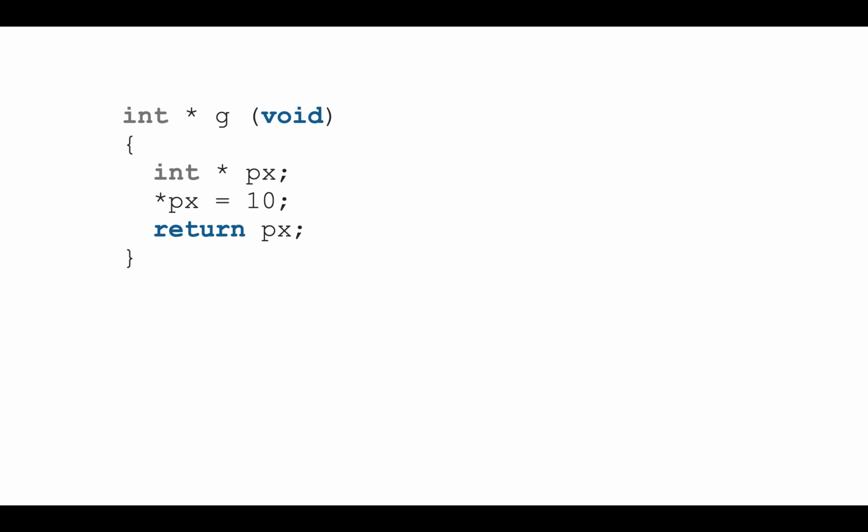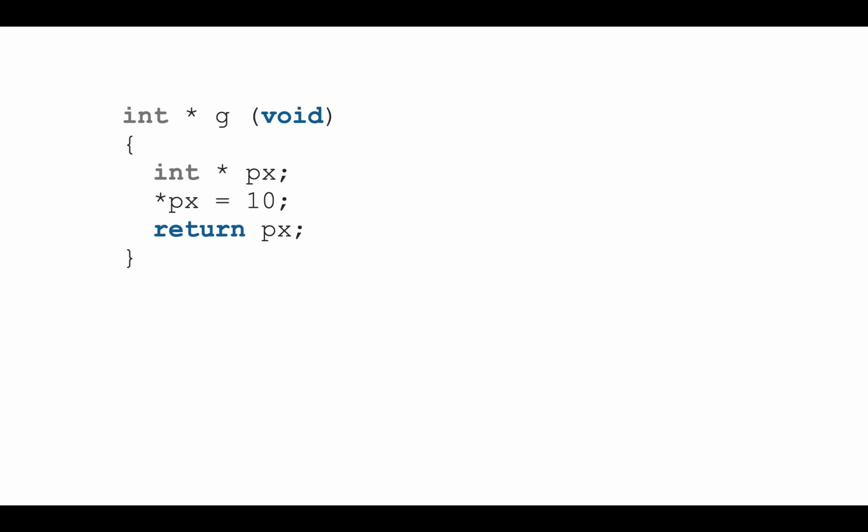Okay, so let us discuss the next one, P2. The function is g, which again returns a pointer, an address. Here px is a pointer variable, and we are directly assigning 10 to it. Pause for a while and think: is it really valid in the C programming language?